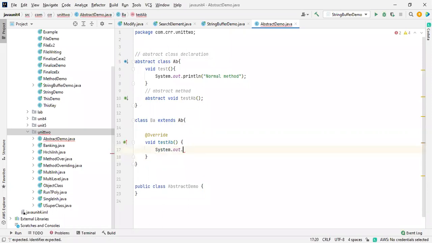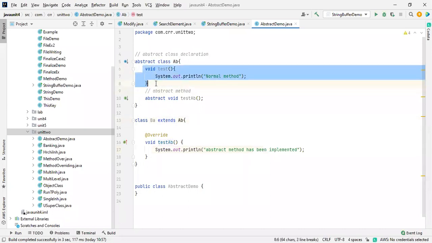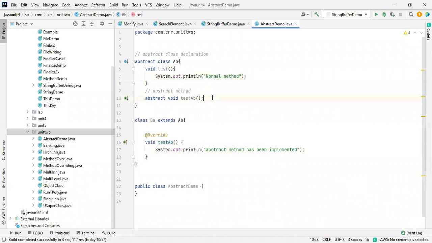System.out.println, abstract method has been implemented. Okay, you got my point, what I'm saying. So this is a normal method. It is not asking you to implement it, because the implementation is already available over here, but the abstract method doesn't have one.